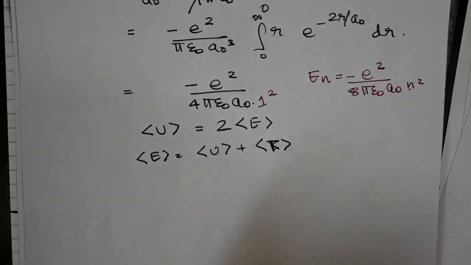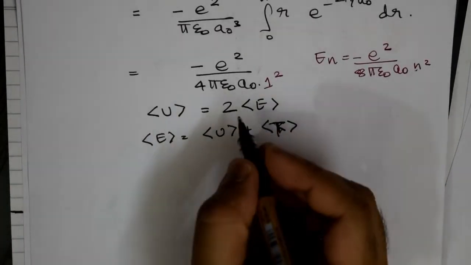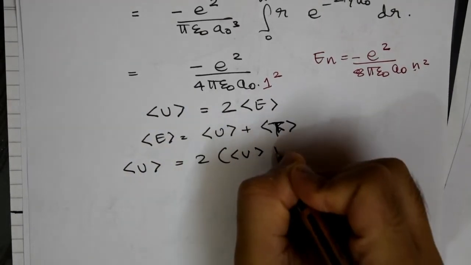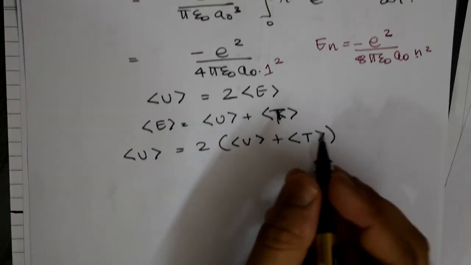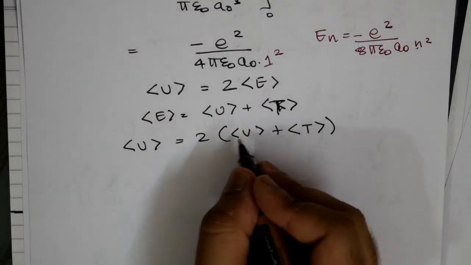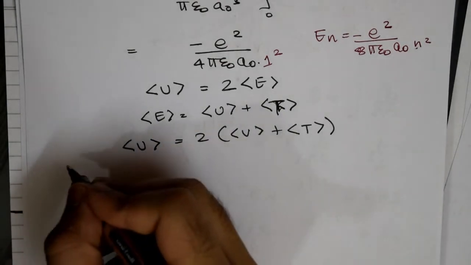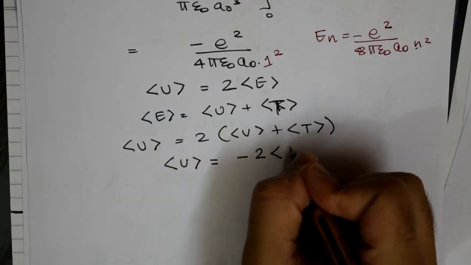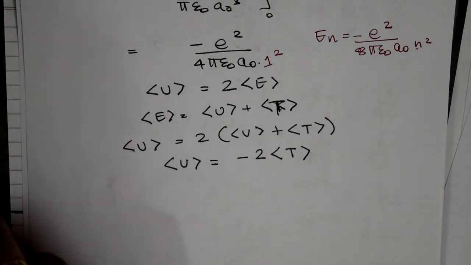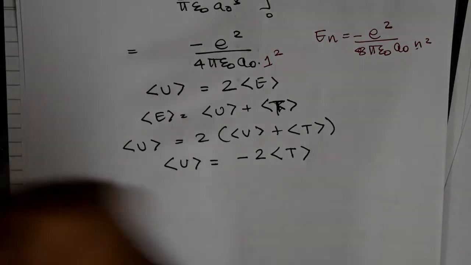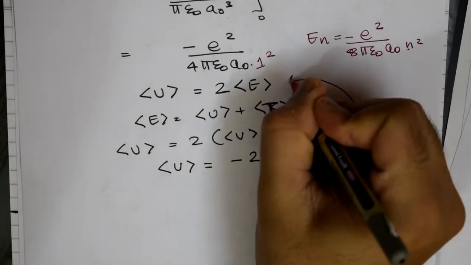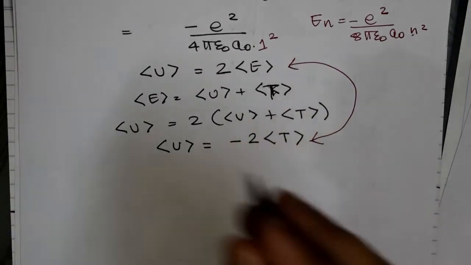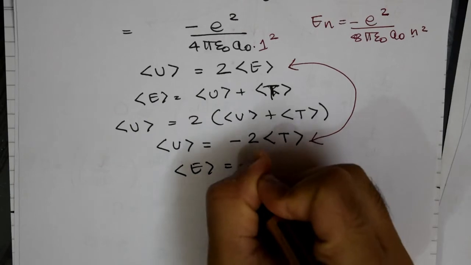So when you have this kind of an equation, let's substitute it back here. So you have E is equal to 2 times average of E plus average of T. When you quickly rearrange this, you will get an equation which says the average of potential energy is given by minus 2 times the average of kinetic energy. Wait a minute. What we are able to see here is that the potential can be expressed in terms of total energy or the kinetic energy. This immediately indicates that the total energy can be given as the minus of the kinetic energy.